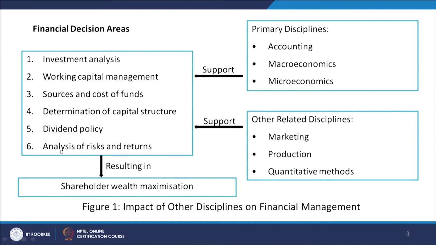If you take risk, only then you can have a higher amount of returns. So, finally, if you look at this arrow, it says that if you take these 6 business decisions in the proper manner, then the result will be shareholders' wealth maximization. And that is the ultimate objective, why we are starting the business, why we are into the business, because we want to maximize the shareholders' wealth, we want to maximize the shareholders' investment. If people buy the stocks of the companies, why do they buy them? In the wake of that, they will be able to maximize their returns on their investment.